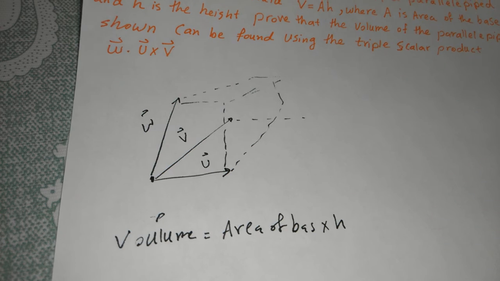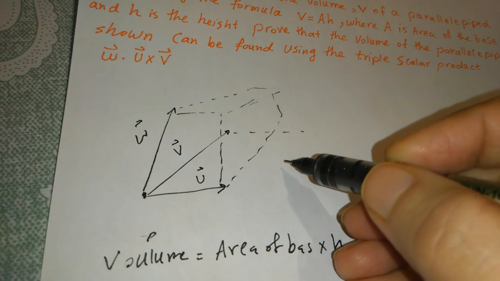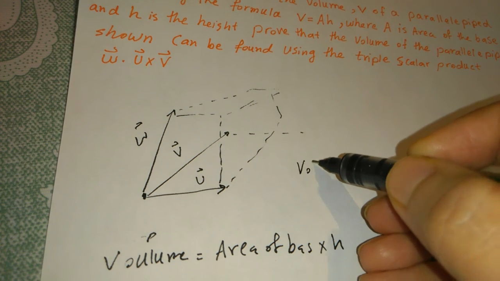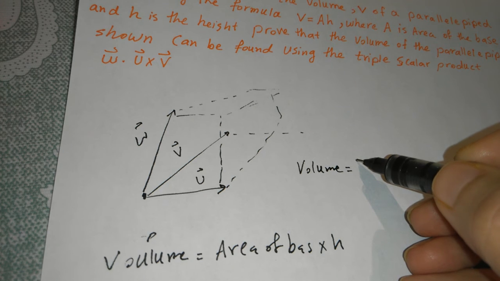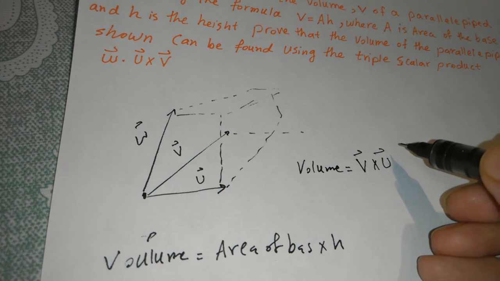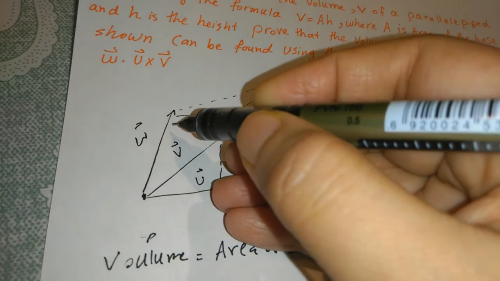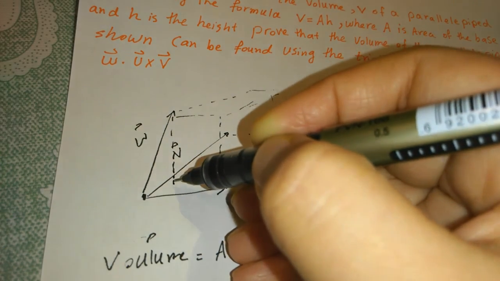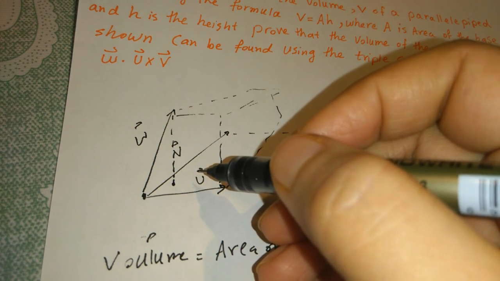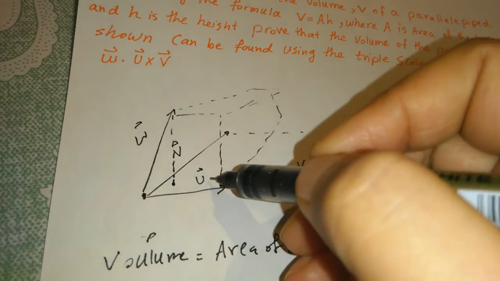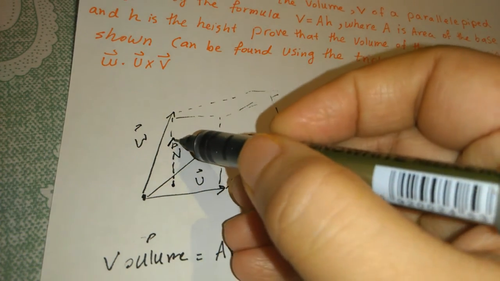I know the area of the base is going to be V cross U. We have shown the area of the parallelogram. And then multiply by the height. The height of that is from here to here. If I assume that the direction of U cross V or V cross U is in this direction,